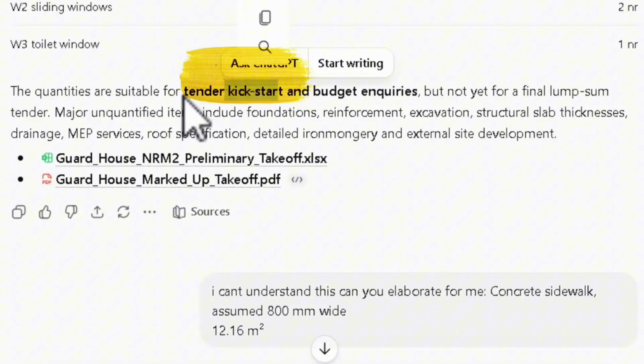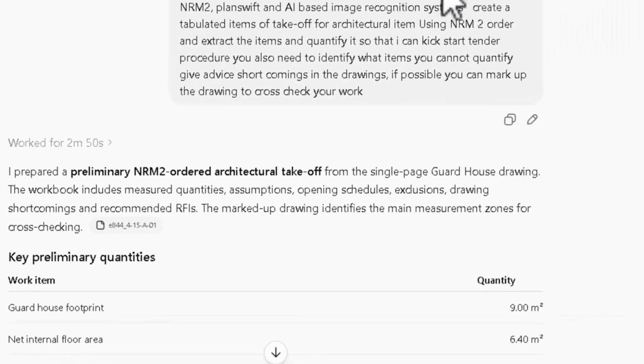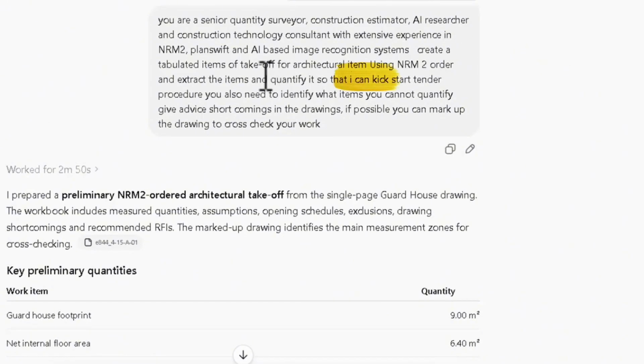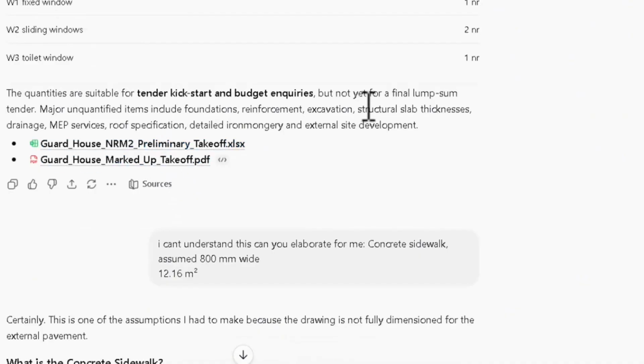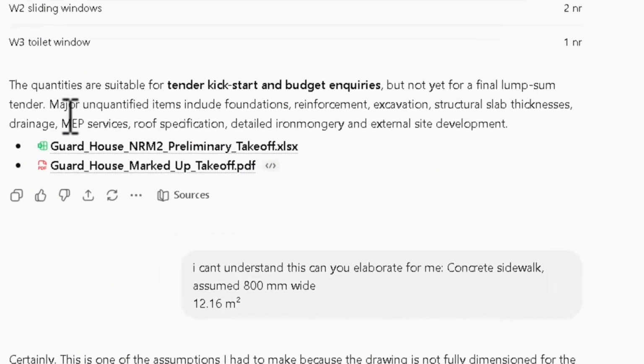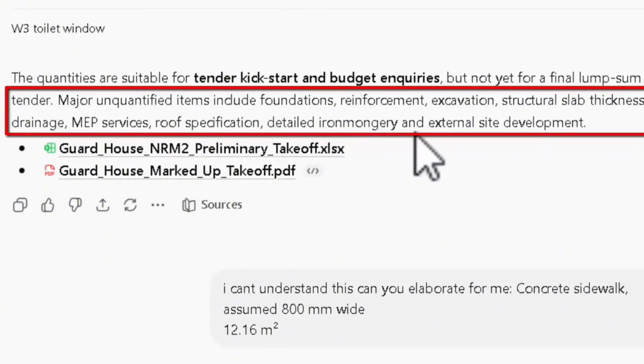We specifically mentioned this in our prompt, where I told ChatGPT that I can kickstart the tender. He mentions the same thing down below, but it is not yet for a final lump sum tender. Major unquantified items include foundations, reinforcement, excavation, structural slab thickness, drainage, MEP services, roof specification details, ironmongery, and external